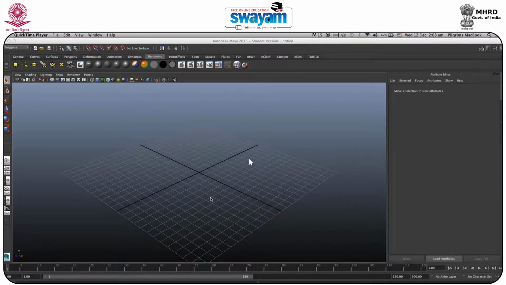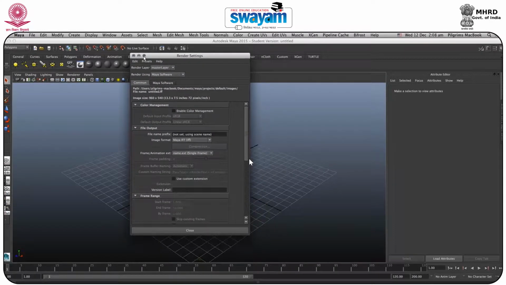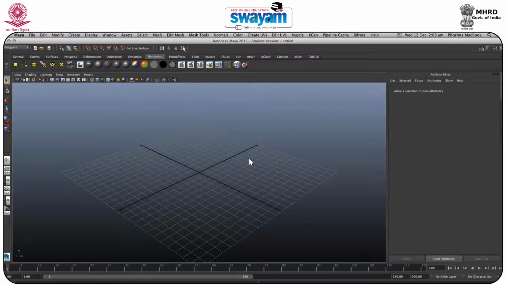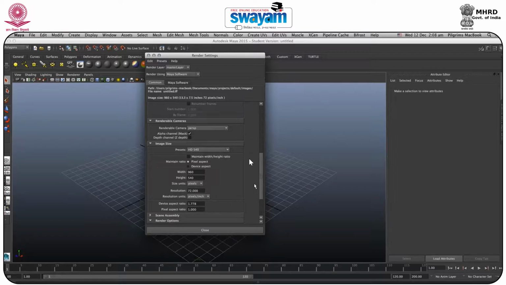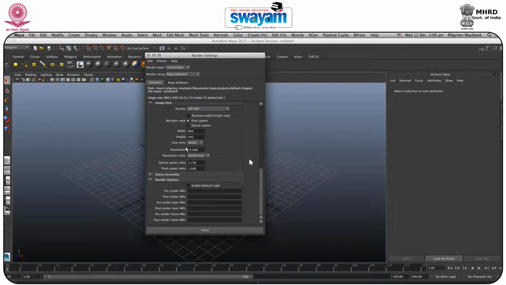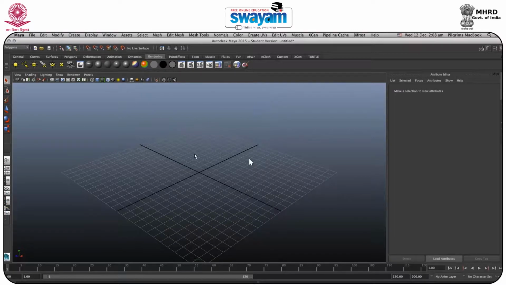So in the previous session we discussed the IES light, and now we will tell you its properties. So what I will do is go to render settings and here we'll switch this off, and I will tell you about the panels and how they work, and after that we will light a particular exterior scene. Okay, so we will make simply a box which is the ground,